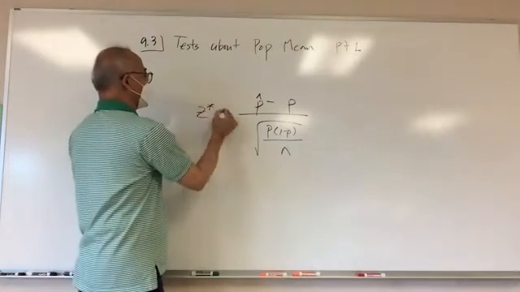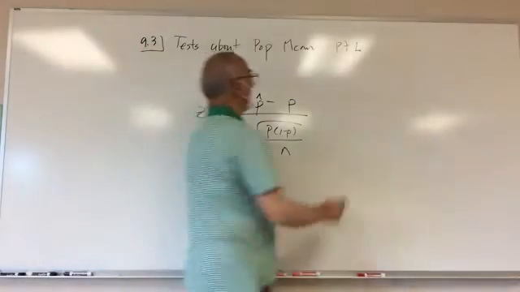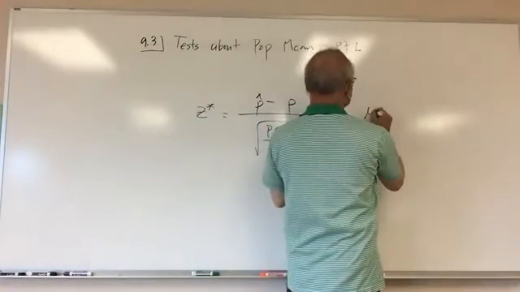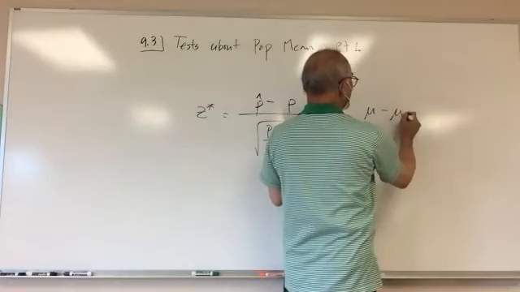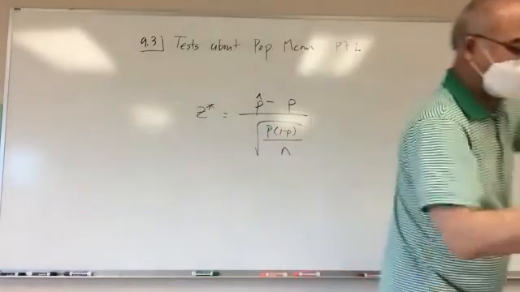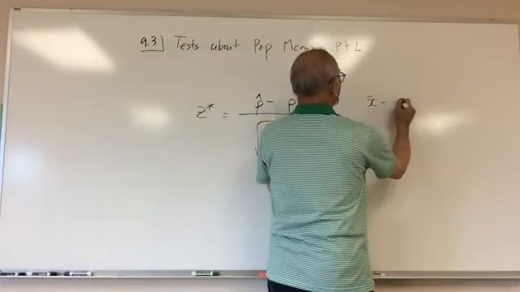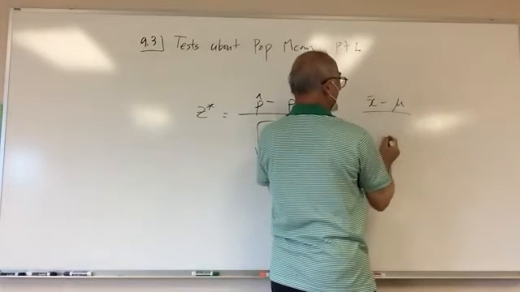This was our test statistic. Okay. So when we're doing the mean, it's going to be the same. Use x bar and mu. So x bar minus mu over